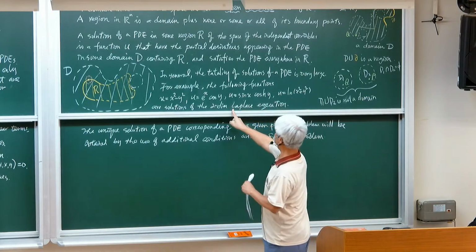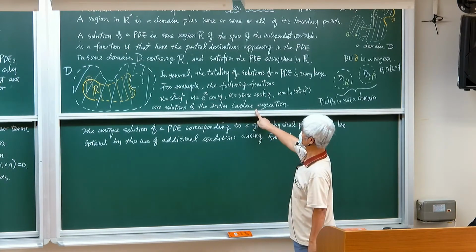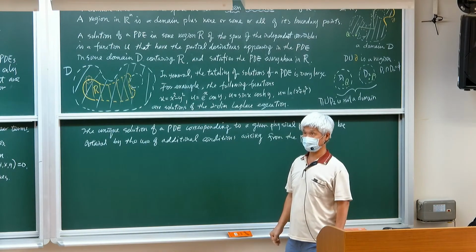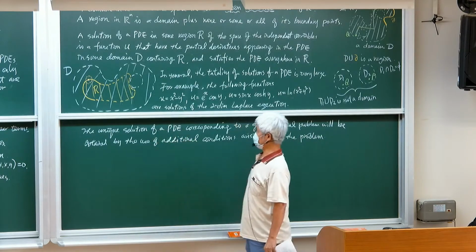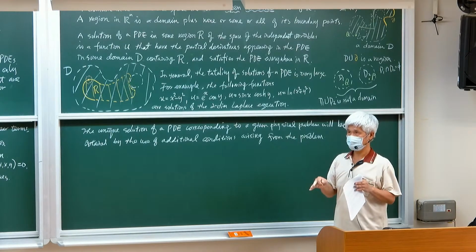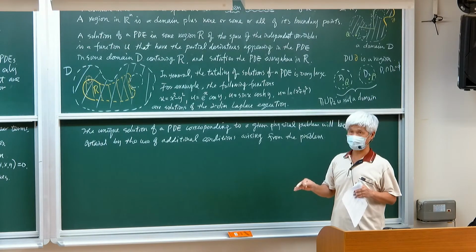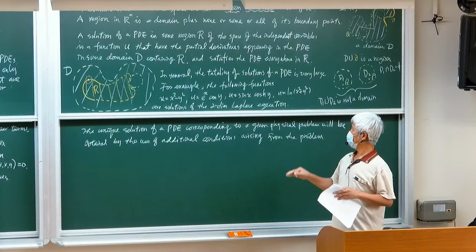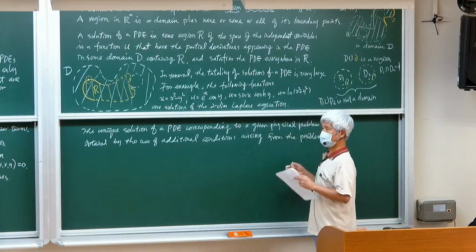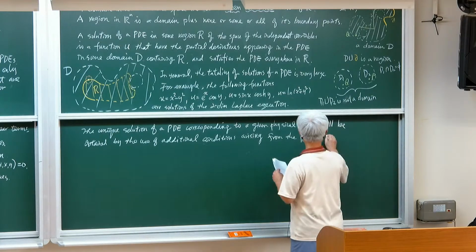For example, if you are solving the Laplace equation, then as shown here, there are quite different types of solutions. For any physical problem, you should have a unique solution. Why? Because of causality of physical problems, especially in classical mechanics. So the unique solution can be obtained by use of additional conditions, for example, the initial condition and the boundary condition, such as